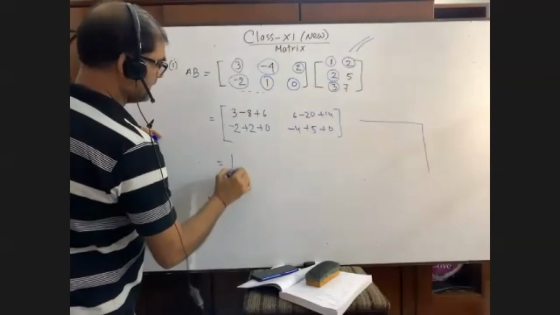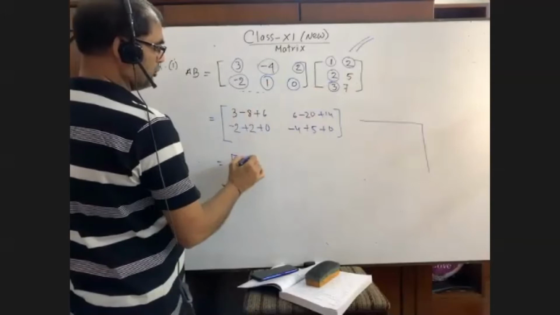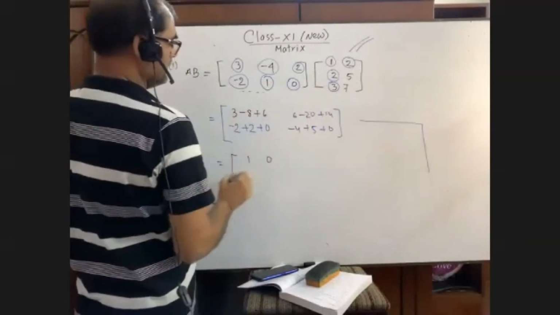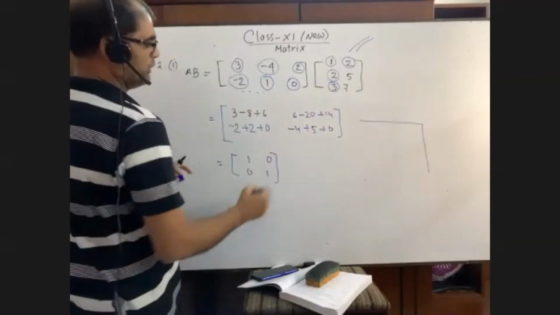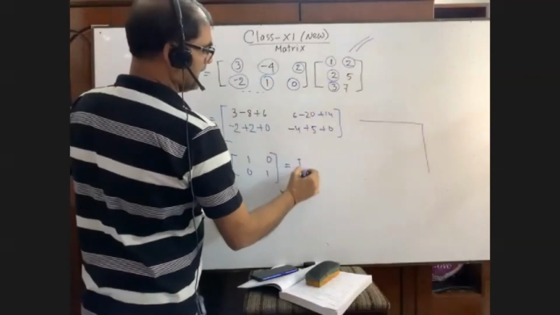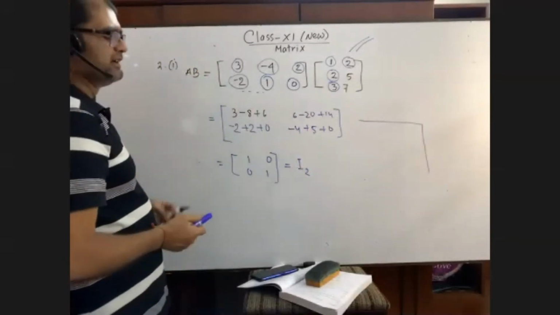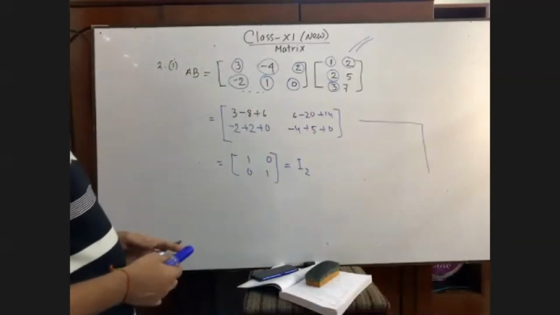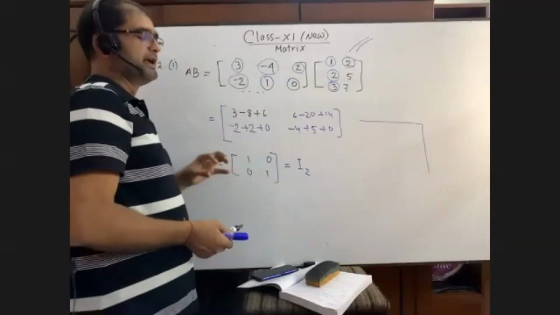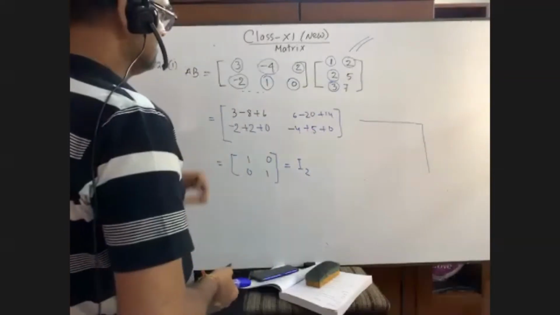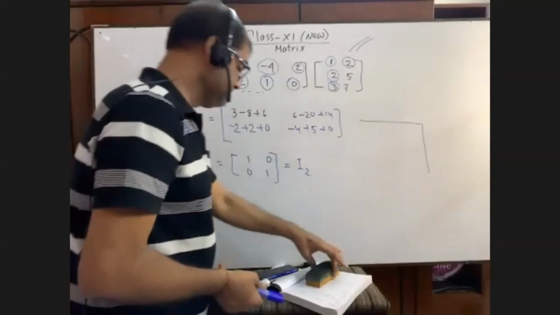So we are getting here 3 plus 6, 9 minus 1, 9 minus 8, that is 1. Here it is 0, and here it is 0, and here it is 1. We have got this. It is called I2, that is called the identity matrix, I2. I will let you know the definition afterwards. Before that, you have to understand the multiplication. Otherwise, it may be hard for you to get all kinds of definitions. I'll make your definitions very easy and simple. I think you have got it.